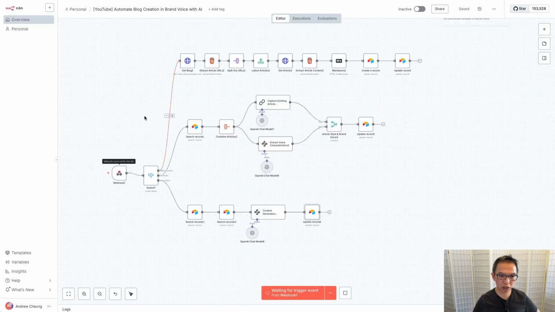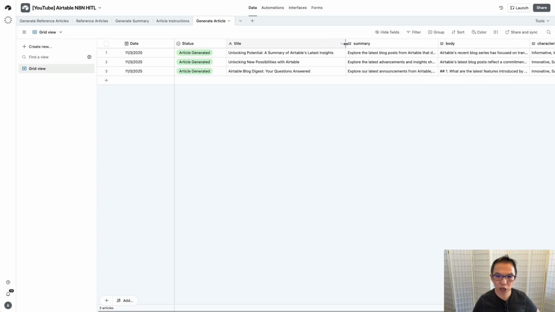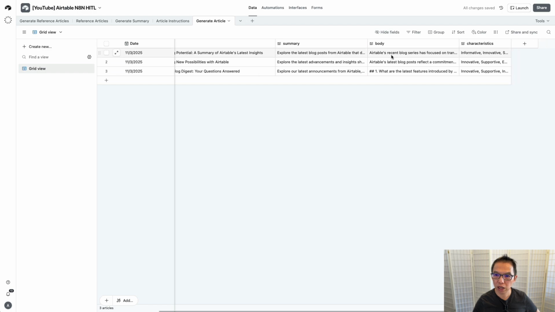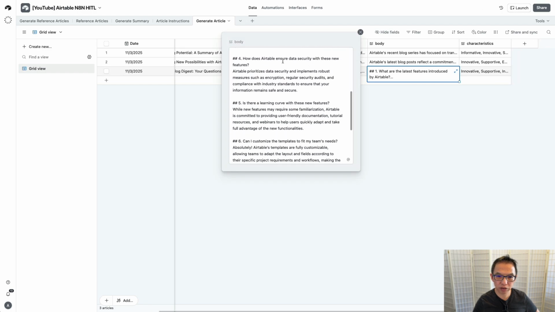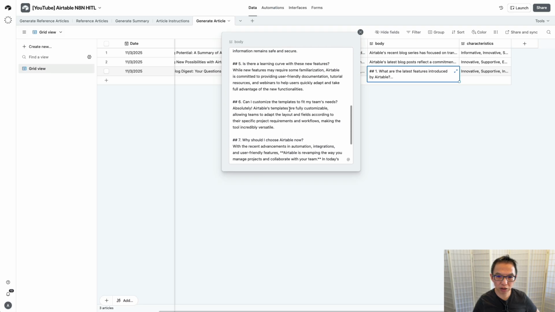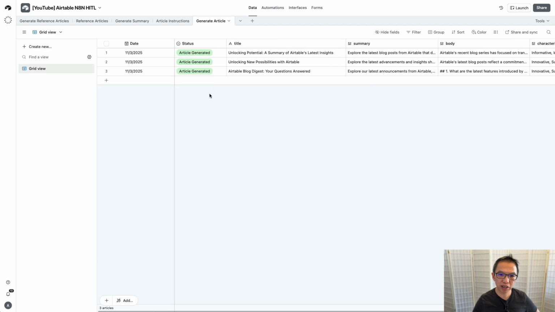Let's see what we come back with. All right, great, that's done. So here we've got totally different instructions, which gives us a different output, and the body very different. So it's like FAQs style, and have that instruction. Why should I choose Airtable now? So here, yeah. So basically, we can change, using this Airtable human in the loop approach,